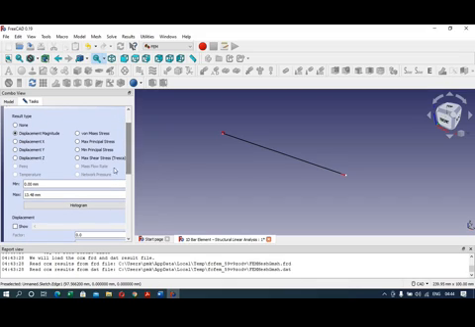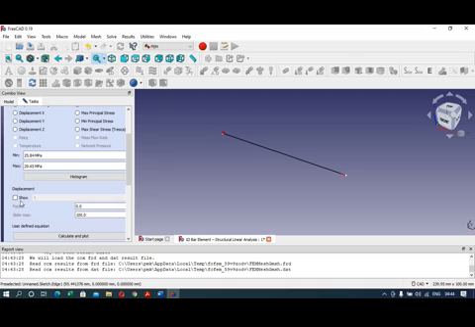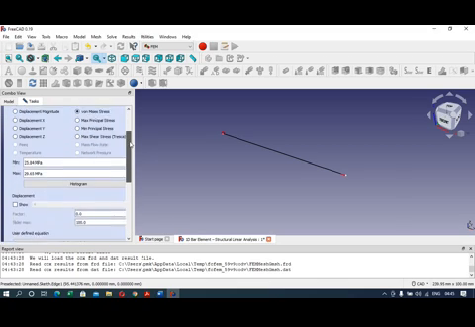Okay. So now you can see the von Mises stresses. So the minimum value is 25.84 megapascal, which is going to be at the fixed end, and maximum value is 29.65 megapascal, which is going to be at the free end where the load is applied. So you can see this here displacement. You can click on this show button, okay, and you can see this displacement here, the animation of the displacement.